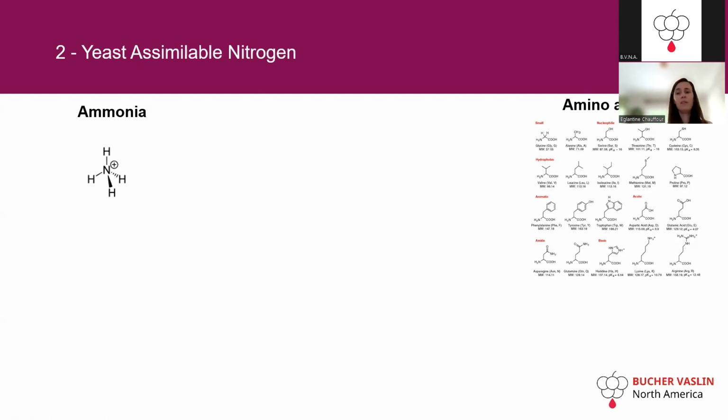protein blocks. Amino acids, though, are also a source of nitrogen. They are a bit more complex molecules. So the yeast is going to take them and she can actually use them right away as building blocks. So with the ammonium ion, the yeast has to use only the nitrogen and start to build blocks with some carbon skeleton. With the amino acids, she can take the amino acids and put them all together and make a protein. So more difficult to assimilate for the yeast. The yeast doesn't really prefer amino acids because it's harder to assimilate, but once it's in the yeast, it will be way better food because it requires less energy to make